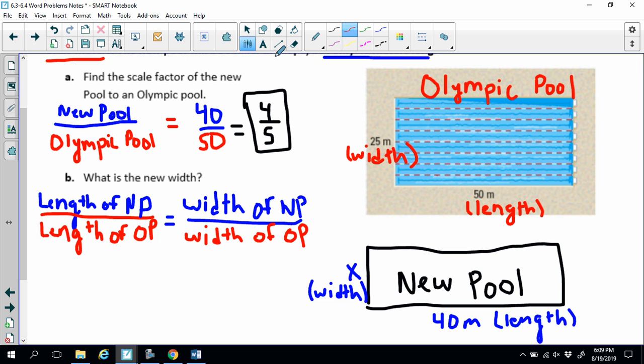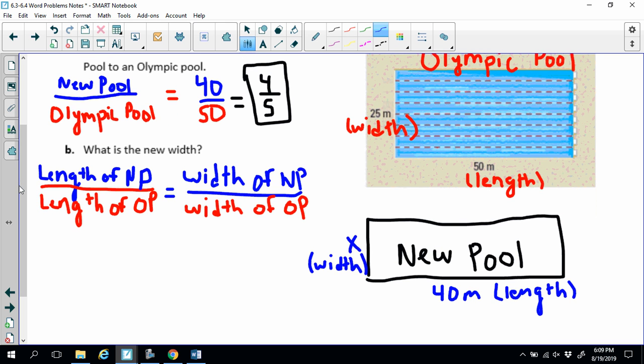Okay. So now, using this information, we know the length of the new pool over the length of the old pool. We actually already found that with our scale factor. Now, you can once again do 40 over 50, but to make this a little bit easier, I am going to use 4/5 since that's already simplified. So I'm going to have a 4 here, and then on the bottom 5, because that is our scale factor. And I just want to make this a little bit easier so we don't have to